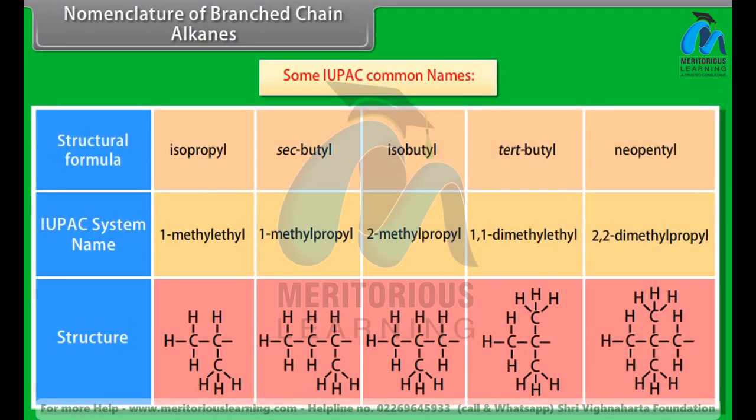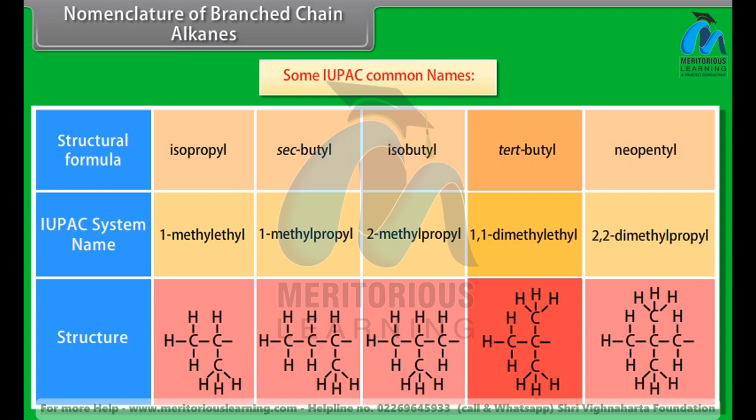Some IUPAC common names are: common name isopropyl, its IUPAC name is 1-methyl ethyl, and its structure is this. Common name sec-butyl, its IUPAC name is 1-methyl propyl, and its structure is this. Common name isobutyl, its IUPAC name is 2-methyl propyl, and its structure is this. Common name tert-butyl, its IUPAC name is